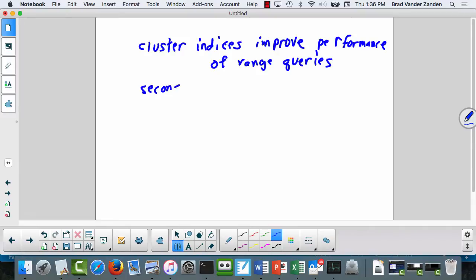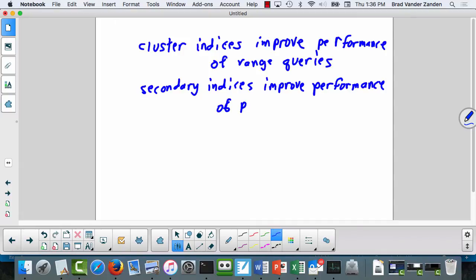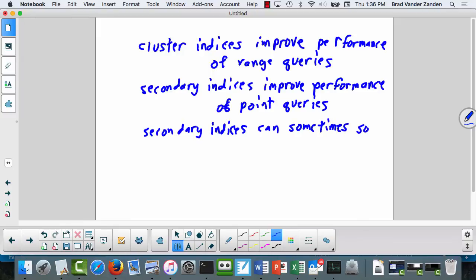Secondary indices improve the performance of point queries. And also, secondary indices can sometimes solve aggregate function queries